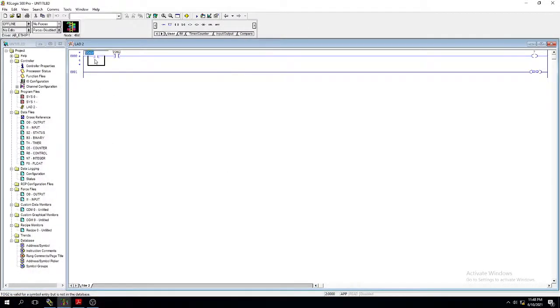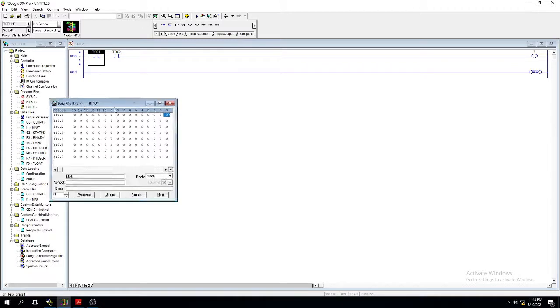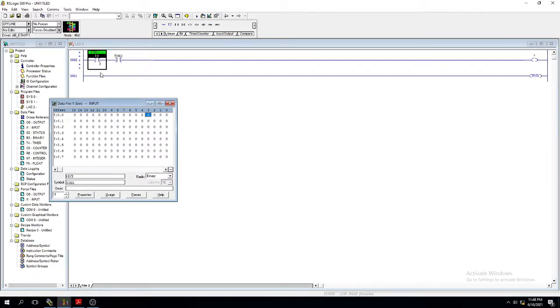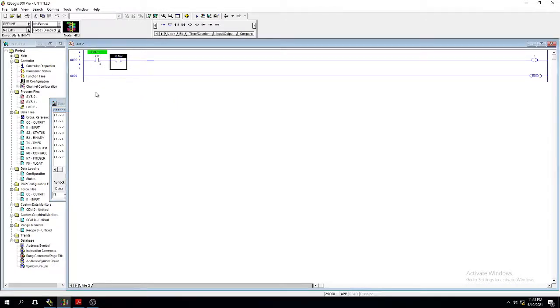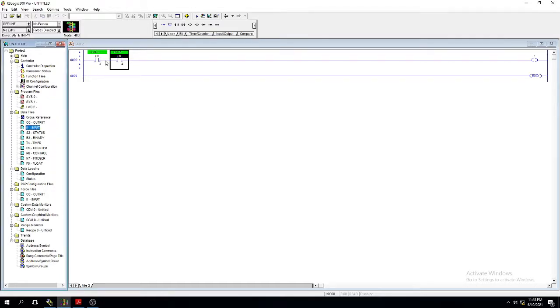This is for toggle switch 1. This is input 1, you have to apply the input as 3. Just select 3 and apply it to this. So memory 3 represents toggle switch 1. Next, for input 2, you have to apply toggle switch 4. Right, toggle switch 1 is 3, toggle switch 2 is 4.